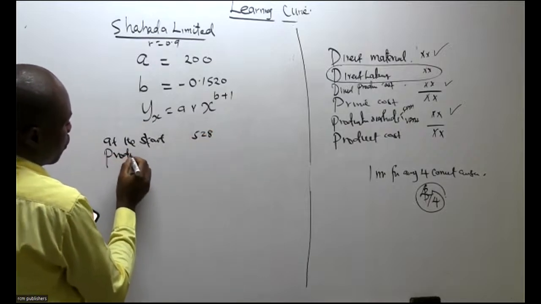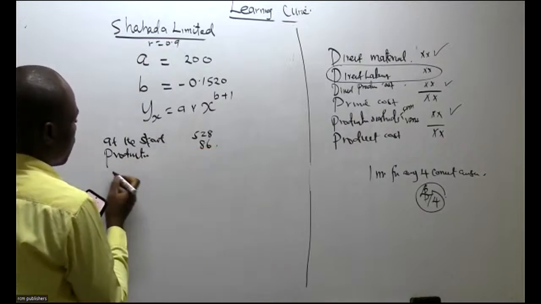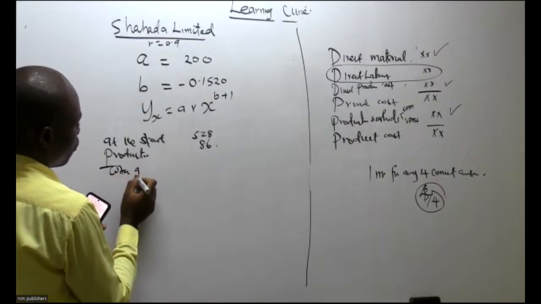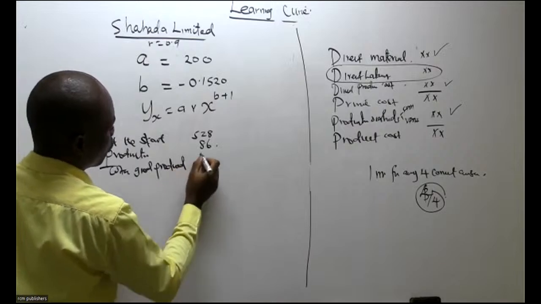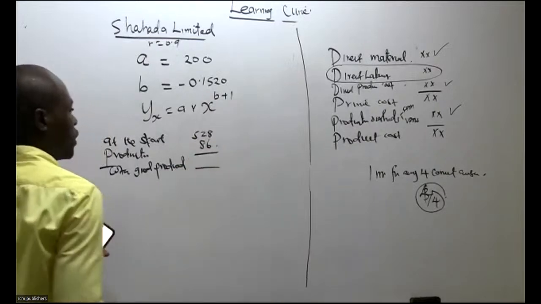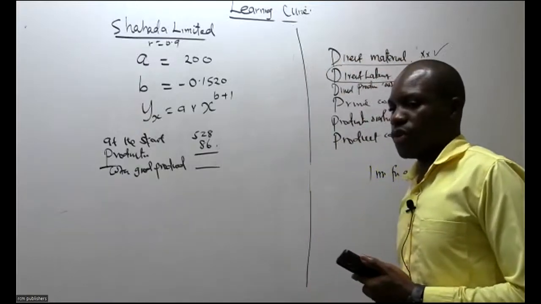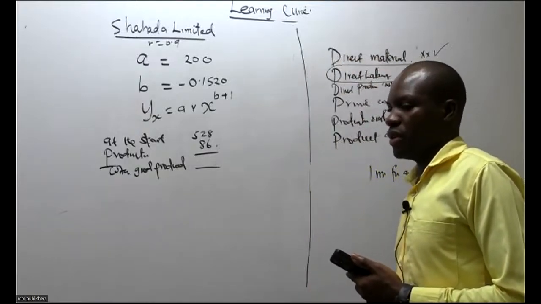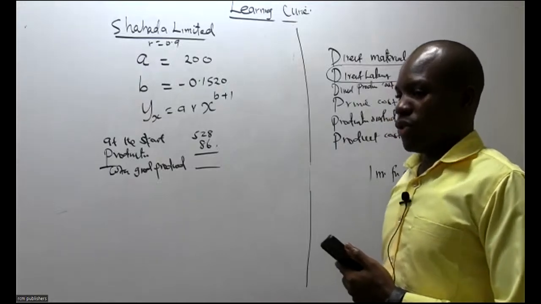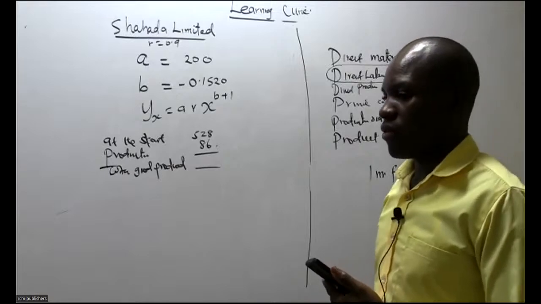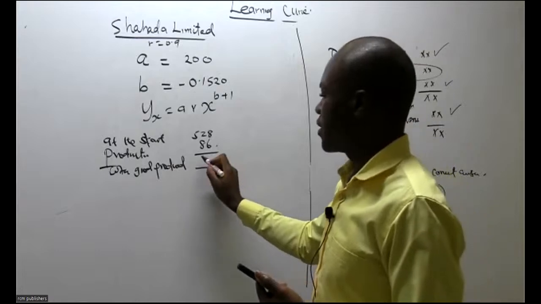Production during the period, we have 86. Total goods produced so far. Total goods produced so far will be equivalent to how many units? If we add